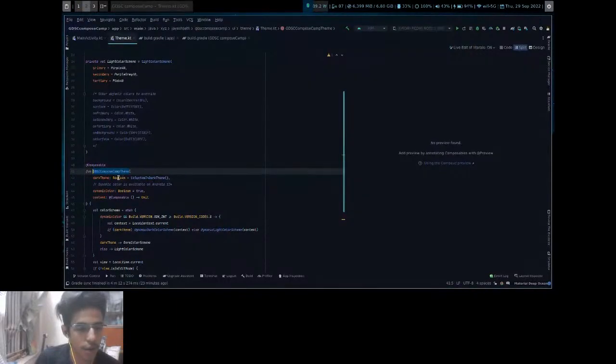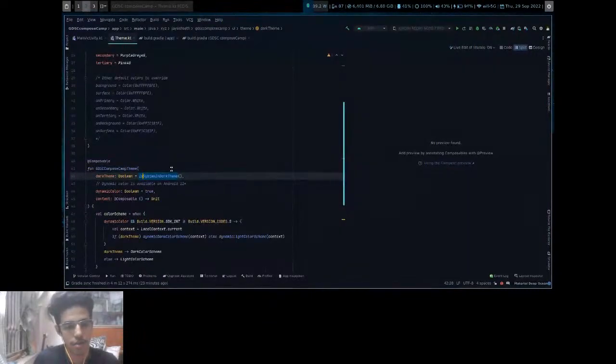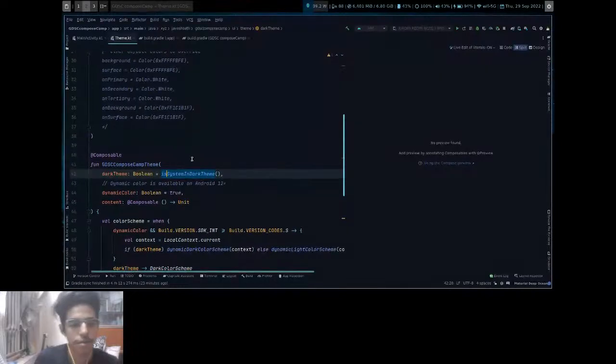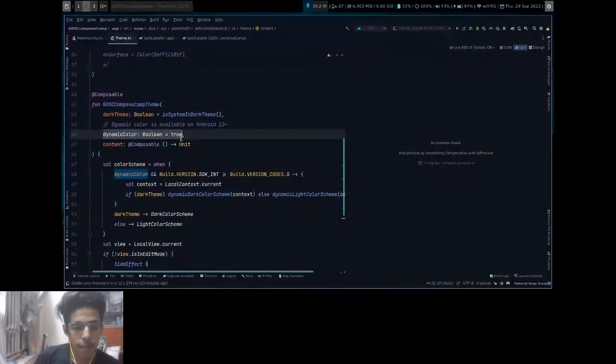As I told you, if dark theme is enabled in your system, Android will take it from the isSystemInDarkTheme method. I'll zoom in. I hope you can see. So next, dynamic color. This is what Material You means, fetching dominant colors from your wallpaper.